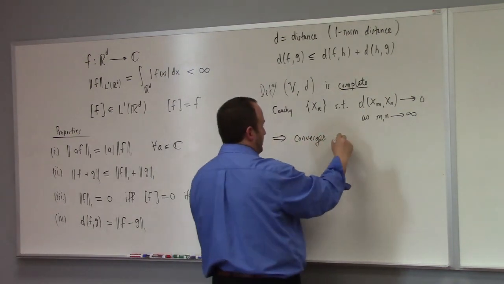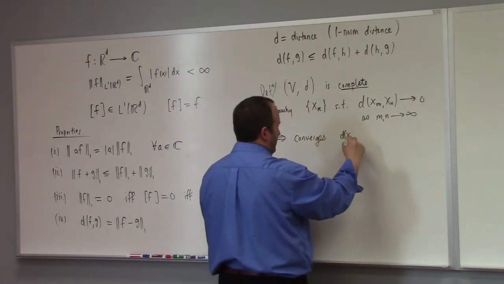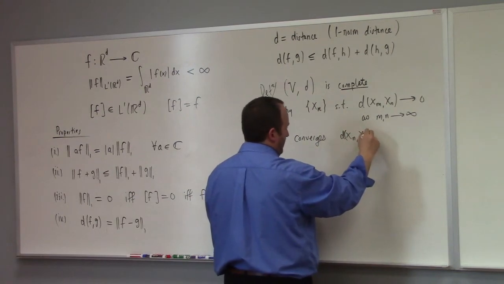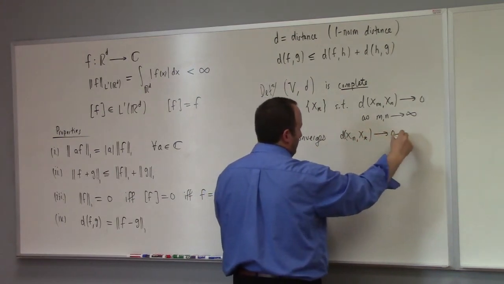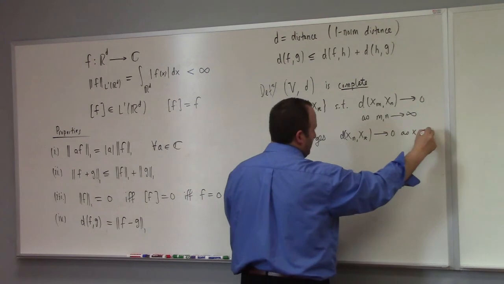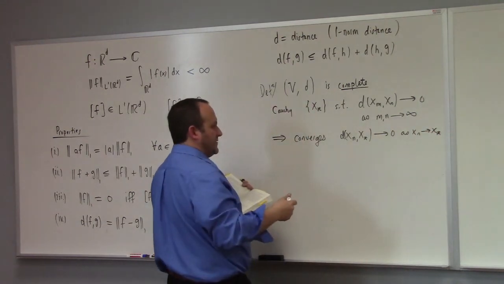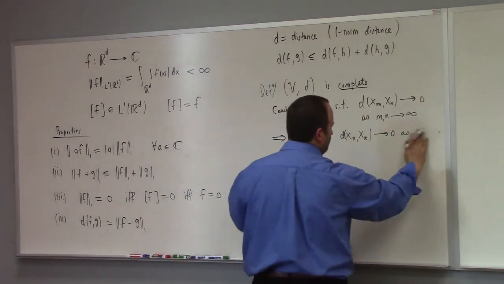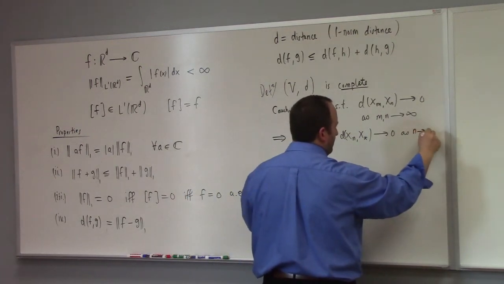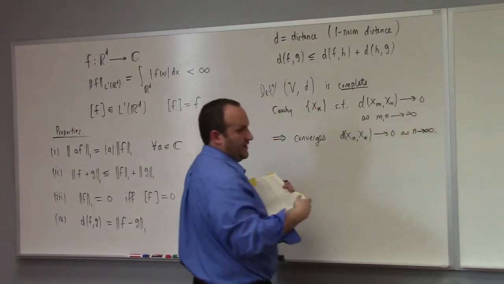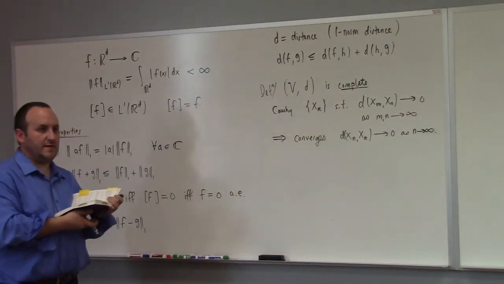In other words, the distance from xn to, say, x star goes to 0 as n goes to infinity. So yeah, Cauchy implies converge makes V a complete